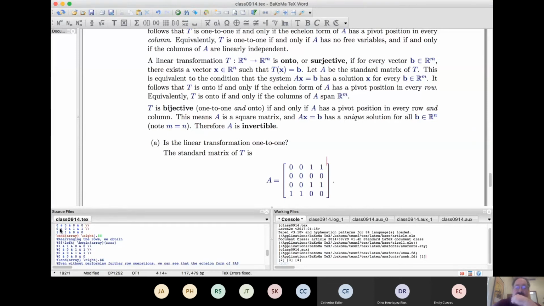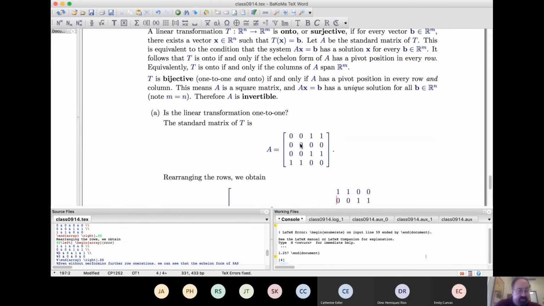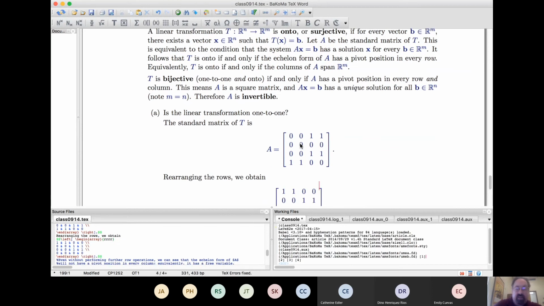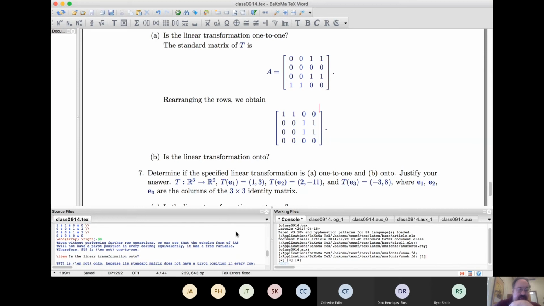Okay, and that's the matrix. Now we're interested in the echelon form of a matrix, and for that we need to get this in echelon form, not reduced echelon, just echelon. This calls for rearranging the rows. And this is what we get. We could do a row operation to get into an echelon form, but there's really no need,